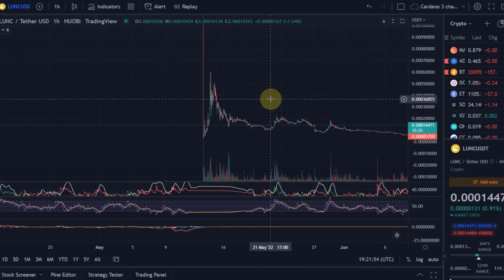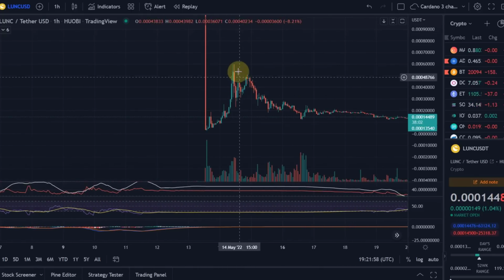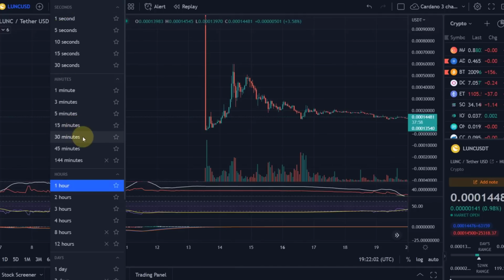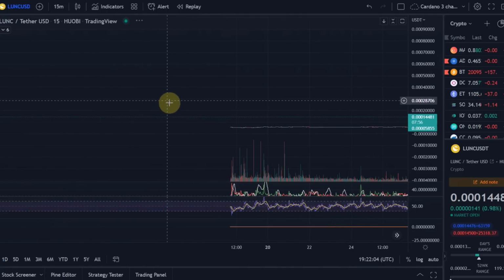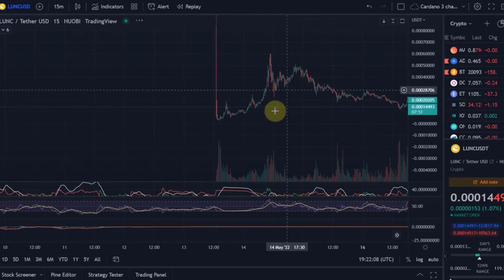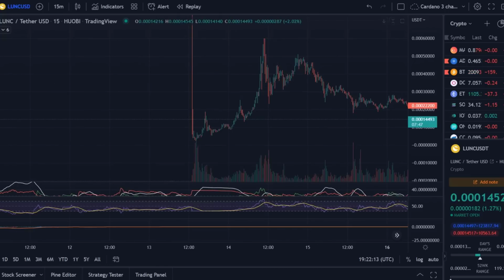So looking at this from the beginning again, we can, which is good, count an impulse to the upside here. And we can probably see that better if we go to maybe the 15-minute chart, because I want to do this in detail, just to do that properly here. And we can count this as a 5-wave move up.